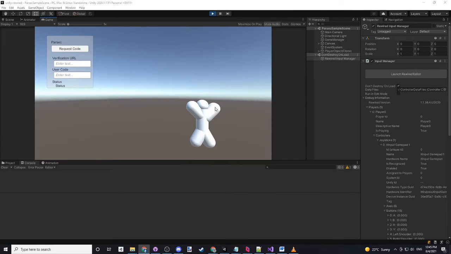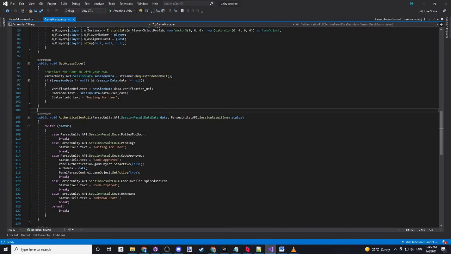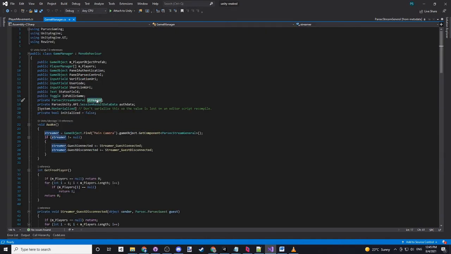The first is when we press request code, we're going to get this null reference exception, and if I click on this, we're going to have the streamer be null, because we have a null reference exception here, and the only thing that exists here that is a reference type variable is the streamer. If we go up to it, we'll take a look, and it says streamer equals GameObject.Find main camera.gameObject GetComponent